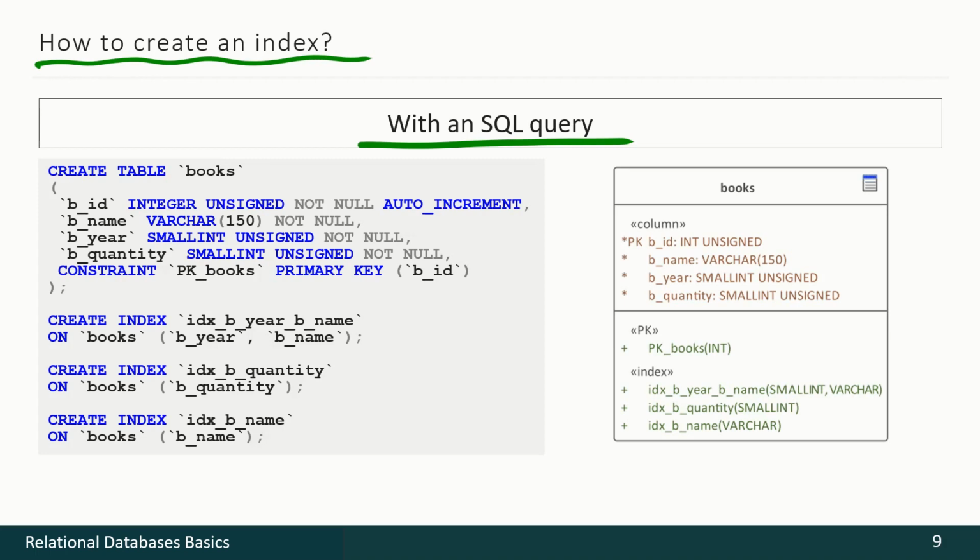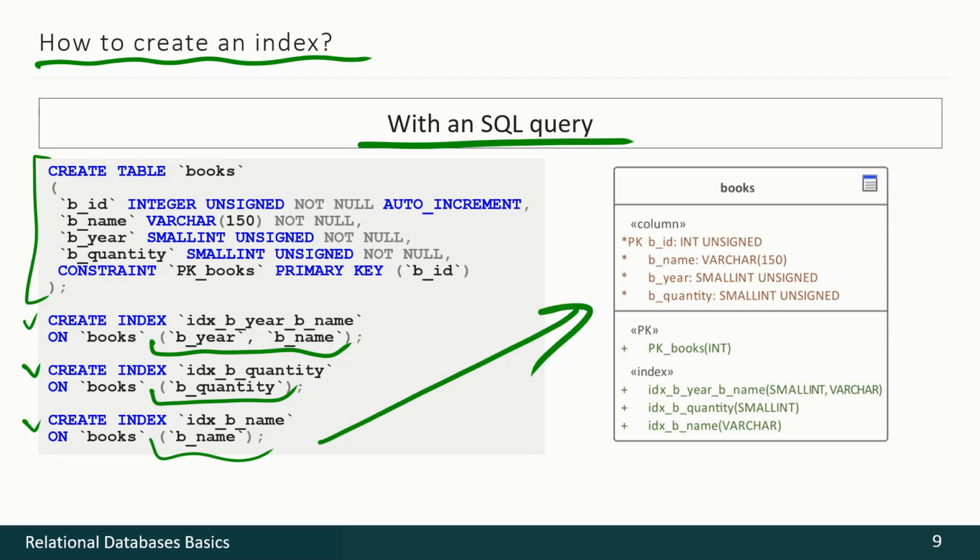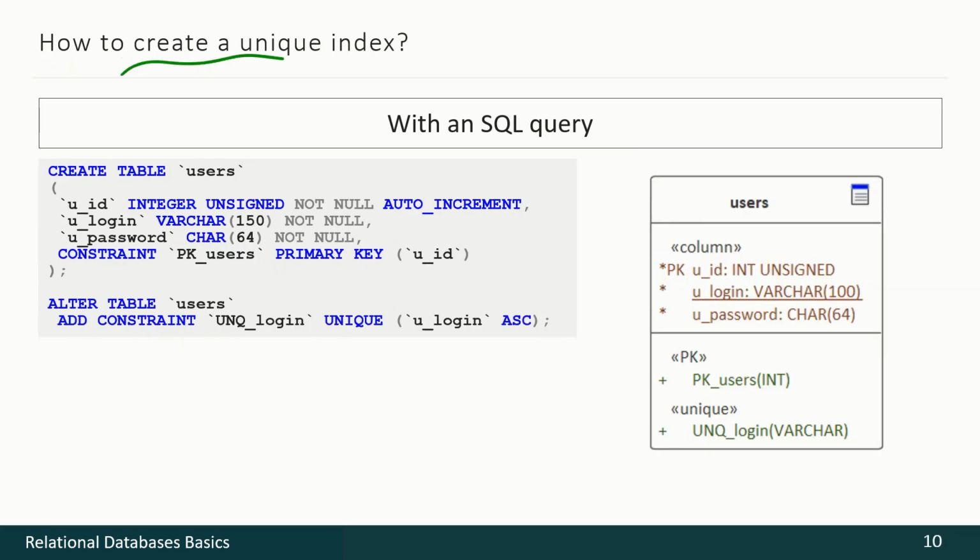With an SQL query is the obvious approach. Here's the code for table creation, and here are code samples for creation of compound index and simple indexes. And this is the schema for the result. If we want to create a unique index, to make a field one with unique values, we shall use the following approach.